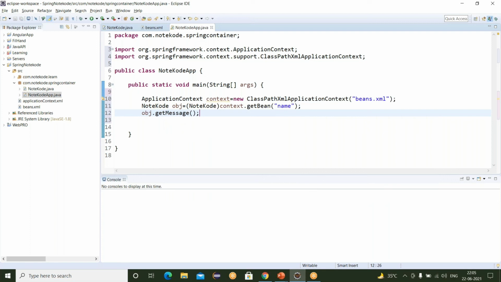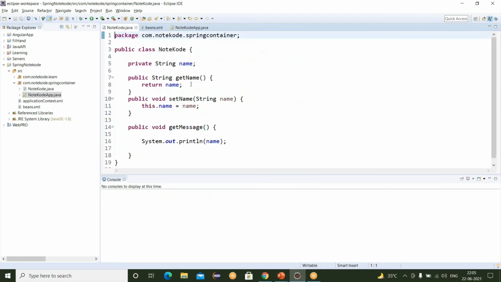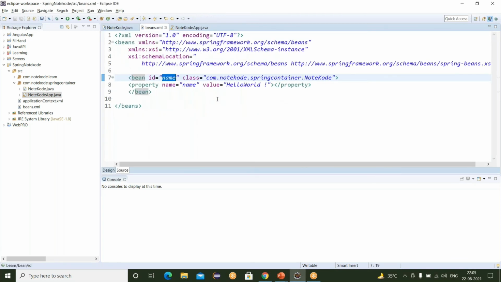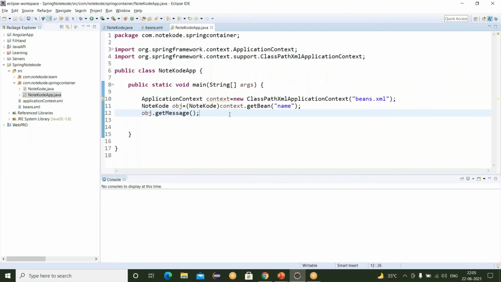Just save this. So our POJO class is created, our XML configuration file is created, and our main class is also created. Let's run this and see the output.